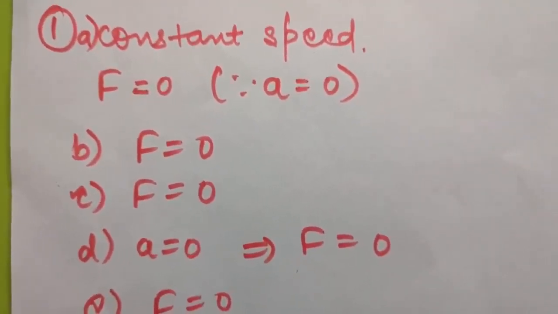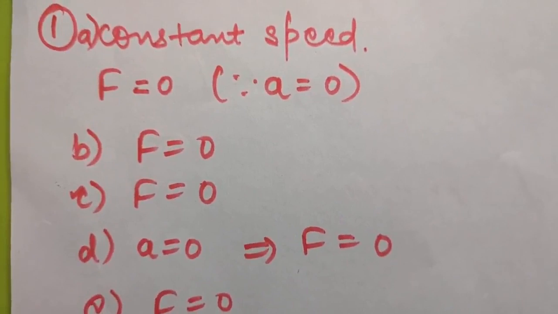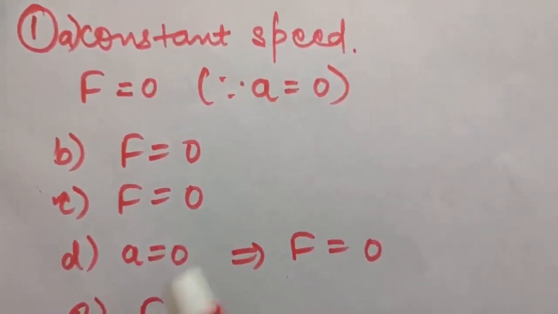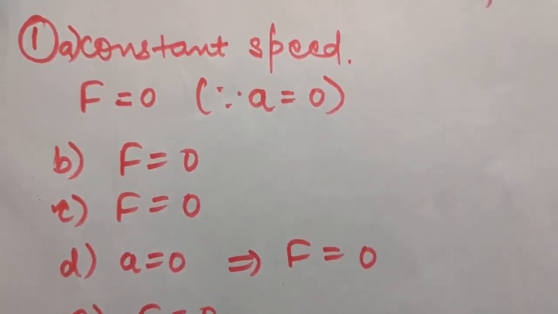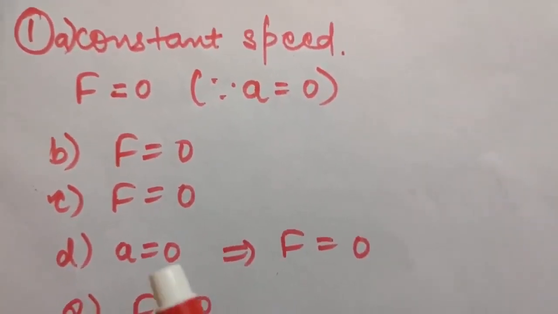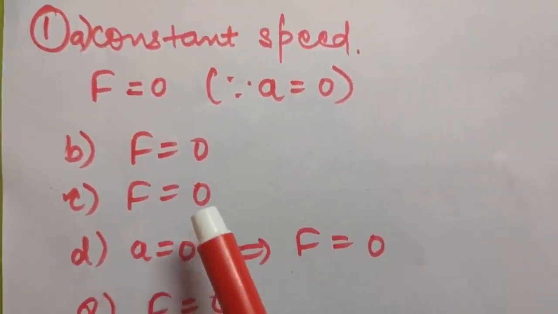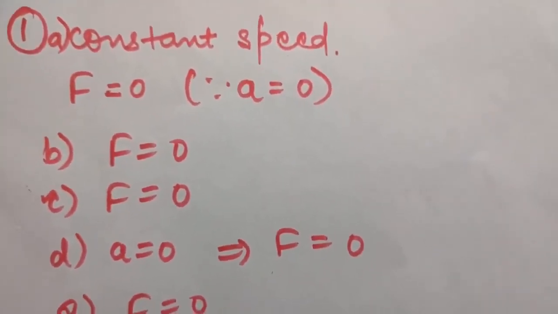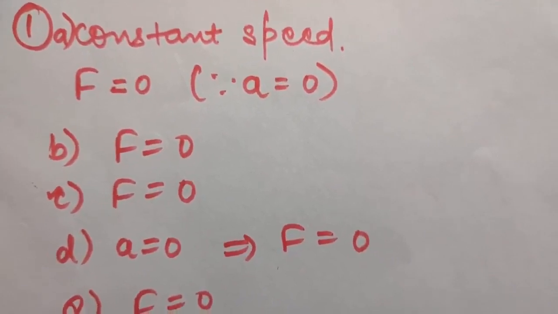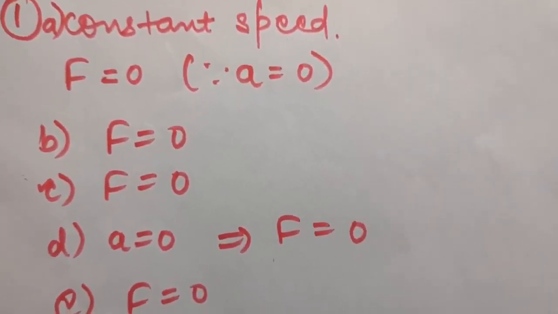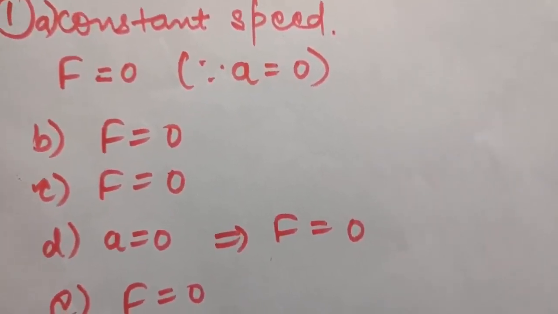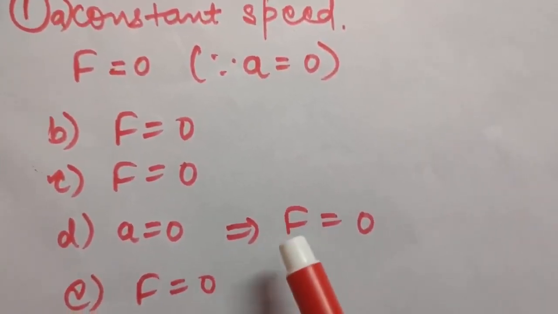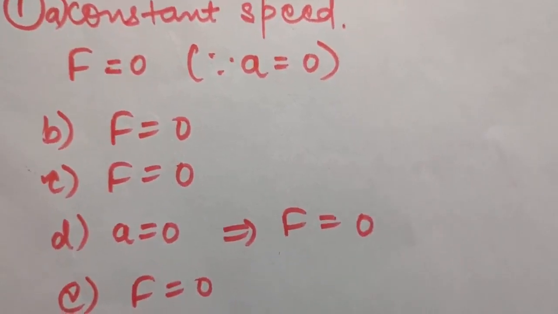C part says a kite flying and held stationary in the sky. Again, if the kite is held stationary, that means net force on the kite is 0. So again the net force will come to be 0. Okay, next part says a car moving with a constant velocity of 30 km per hour on a rough road. Again, if the constant velocity is there, that means acceleration is 0. If acceleration is 0, F is ma, again F will be 0.